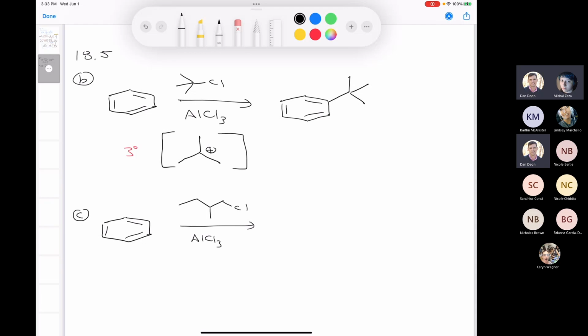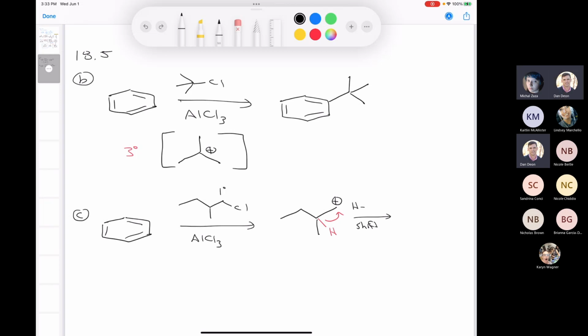Well, this is a primary alkyl halide. And so are we going to get some of the primary carbocation? I mean, that's highly unstable. You might get some of this, but mostly what you're going to get is a hydride shift like this. And when this undergoes the hydride shift, you're going to end up with,